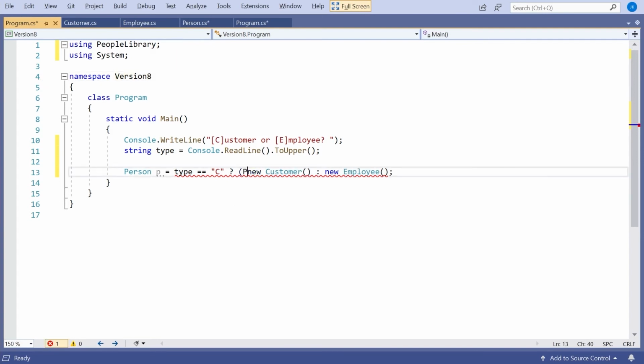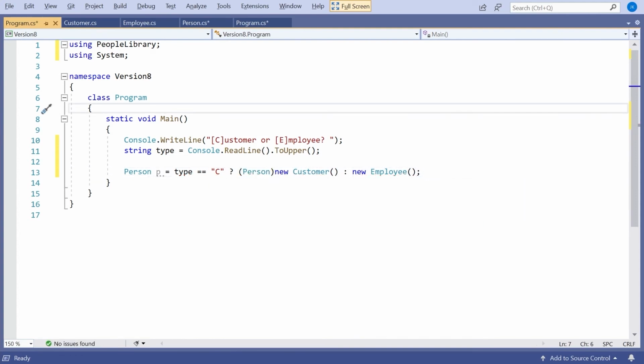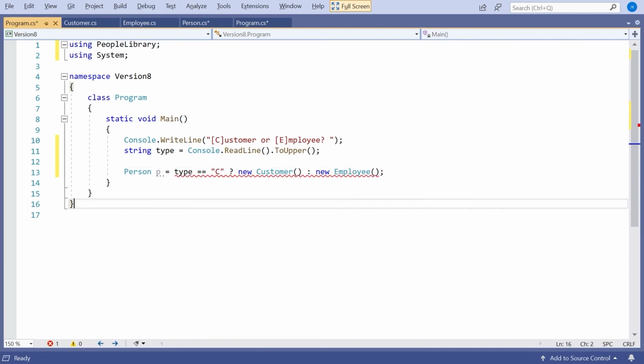So if I were to cast that to a person, now it can use that to determine the type of the entire expression and therefore assign the expression into that p variable. But without that, there is nothing up to and including C#8 that can make that decision, and so we're getting the error again.